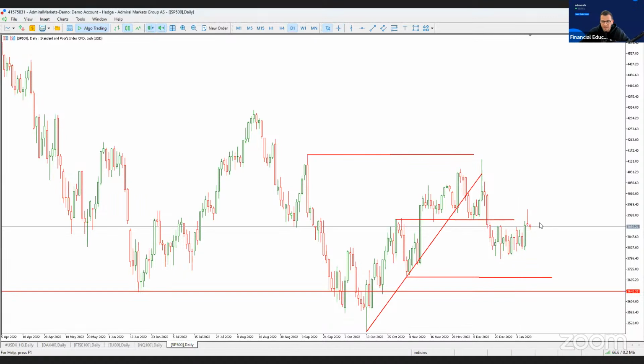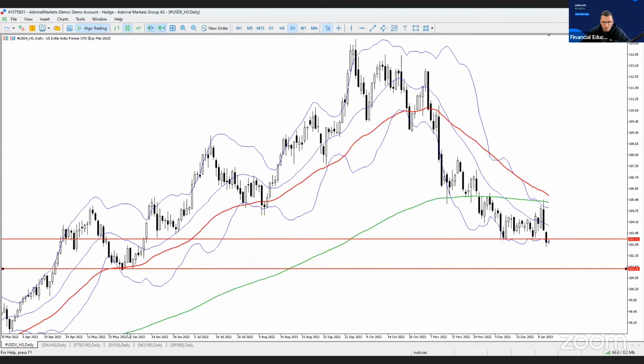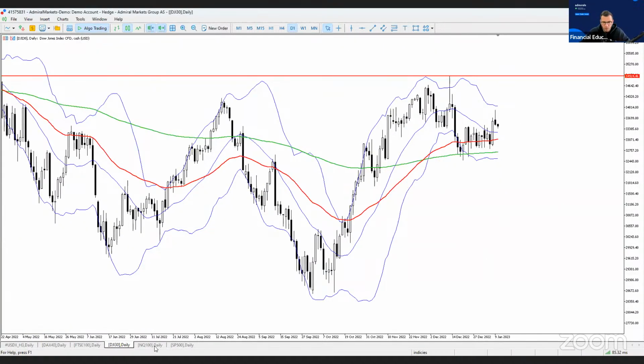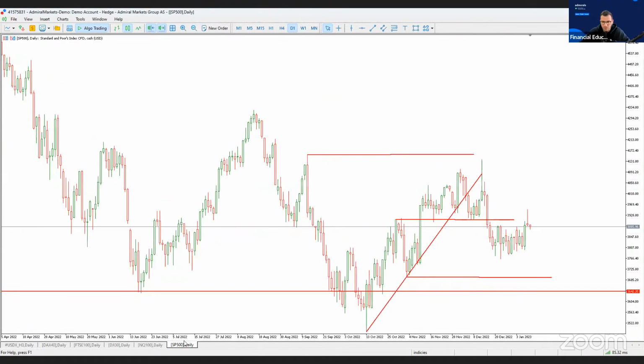So this can be a good way to trade strength in the US dollar. However, from what I see here, I didn't see any reversal price action, so I would prefer to see something confirming this hold around this support. Otherwise, I wouldn't put too much effort on these indices now. Okay,